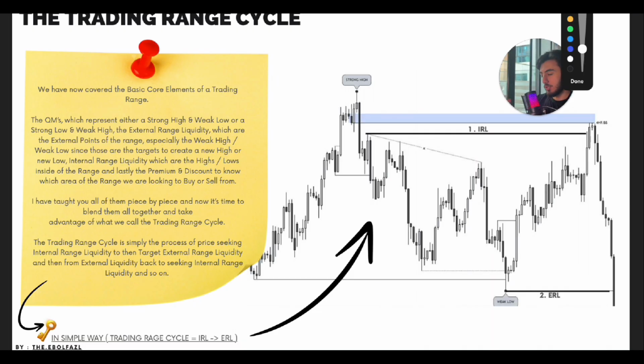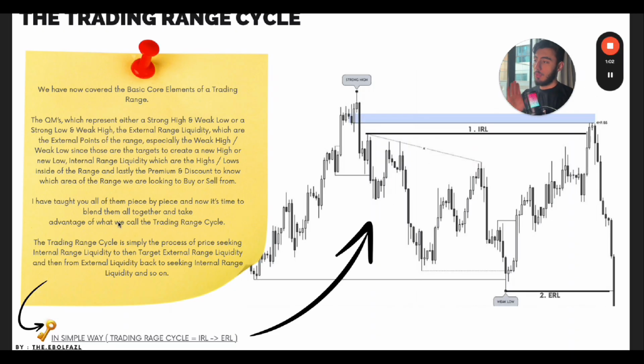So you're going to say, okay, internal liquidity can be buy side. And the external liquidity for sure is going to be the opposite type of liquidity. It's going to be the sell side. So once the buy side is taken out, price is going to go to the sell side. And once the sell side is taken out, price is going to go to the buy side. Now here you're going to understand some deep secrets about the liquidity, which you should understand by yourself. I can't say right now.